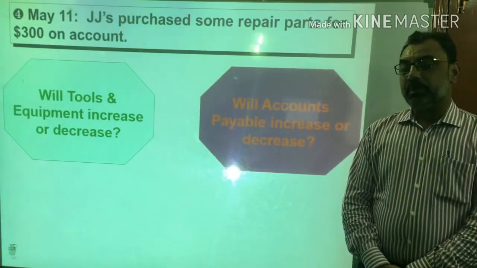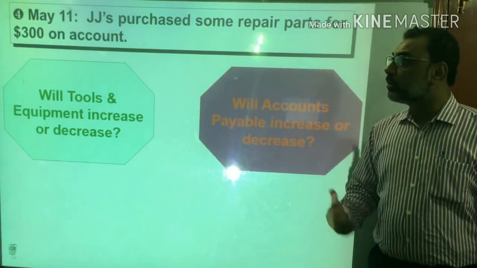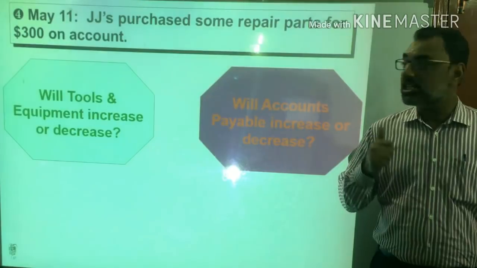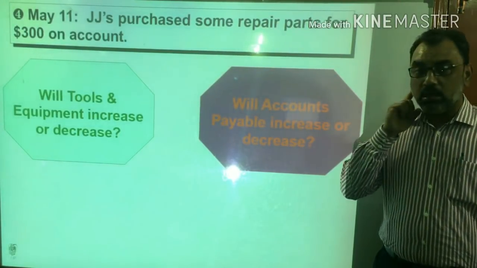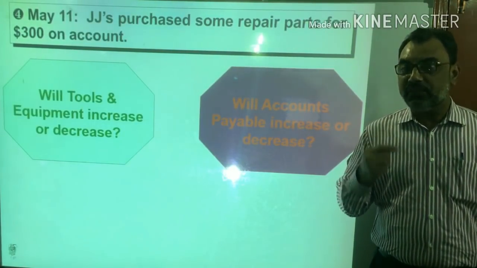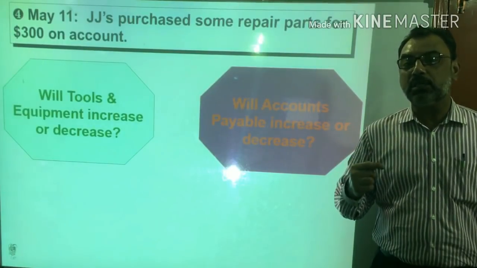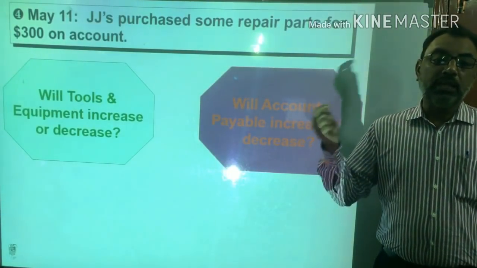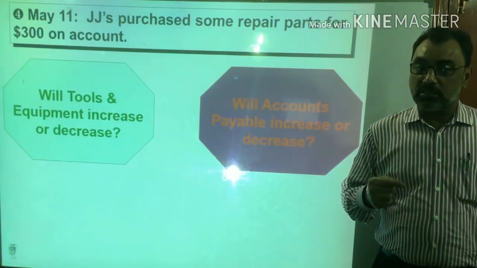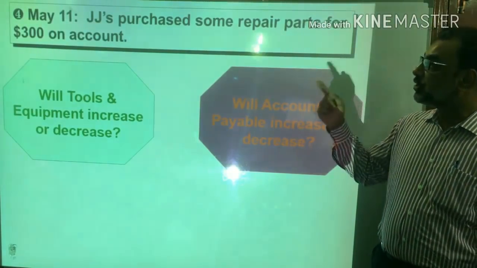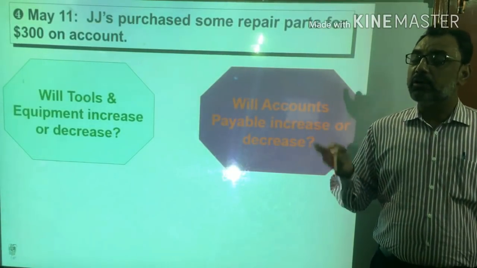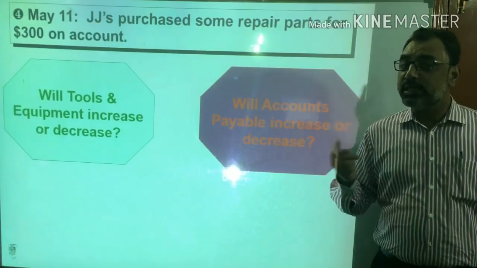Then on 11th May, JJ purchased some repair parts for $300 on account. So now another asset account is going to be created, that is tools and equipment. So that is 300. We had an account named tools and equipment, and we had purchased equipment worth 2,500. And now we are purchasing some tools additionally with the amount of $300. But we are not paying cash, we are purchasing these tools on account, I mean on credit. So that means our tools and equipment, our asset account, is going to increase by 300, but